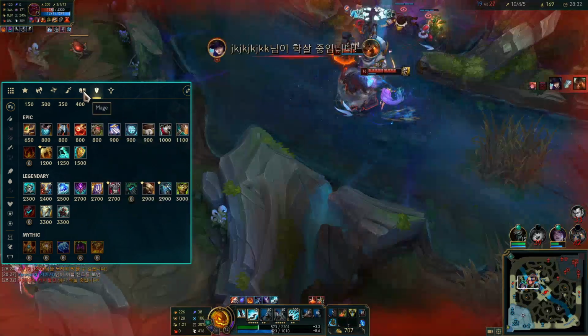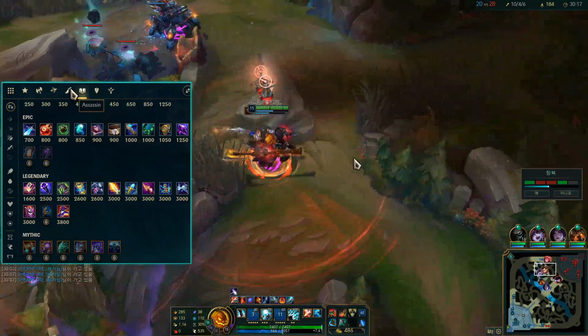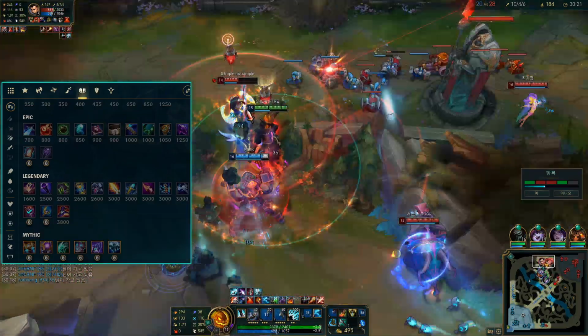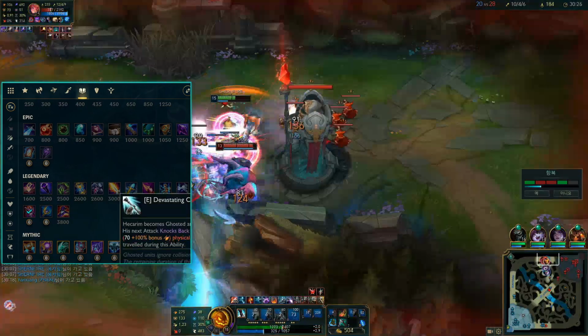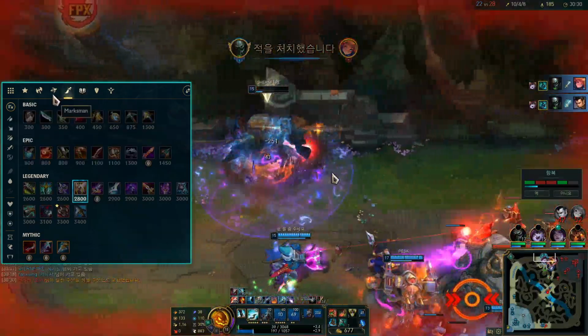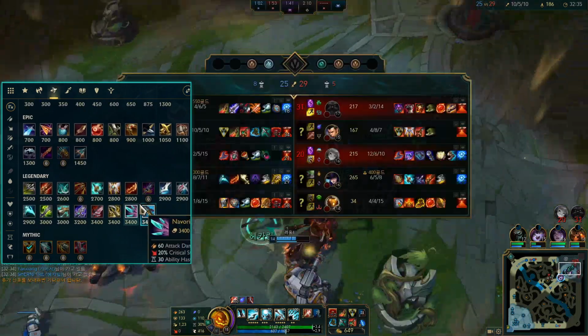And then the last item I think should be damage. It should not be something tanky. So maybe you can go something like Cosmic Embrace, like Hecarim scales with AP, his ult 100%, his W scales 100% with AP, so just be creative. Or you can go full damage, you can go